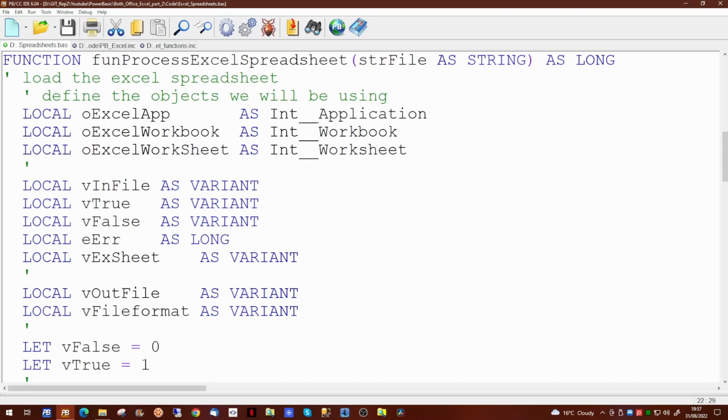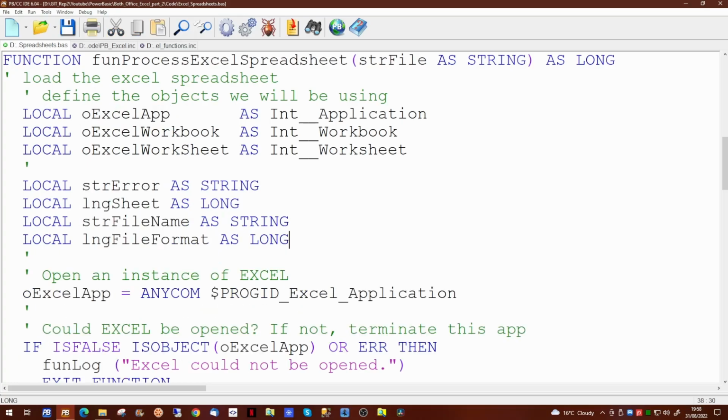We're still going to require three objects. An object that is the interface to the Excel application itself, an object for the Excel workbook, and an object for the Excel worksheet. We're going to need fewer variables within this function, because a lot of the variables will actually only be used in the library. So we're going to make use of one of the library's new functions, a function to open an Excel application. This will instantiate Excel in your machine's memory.